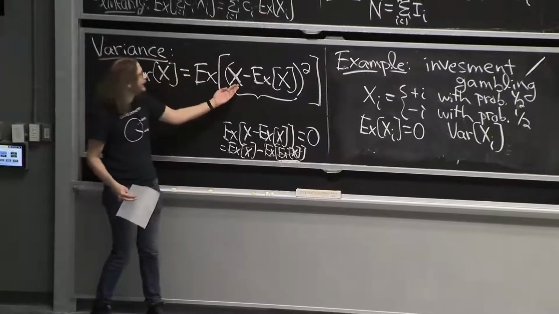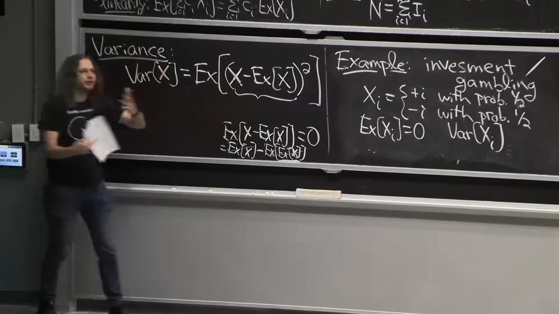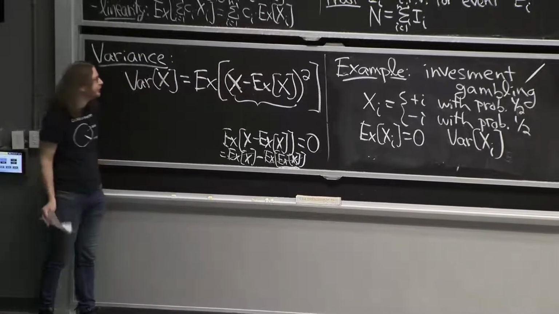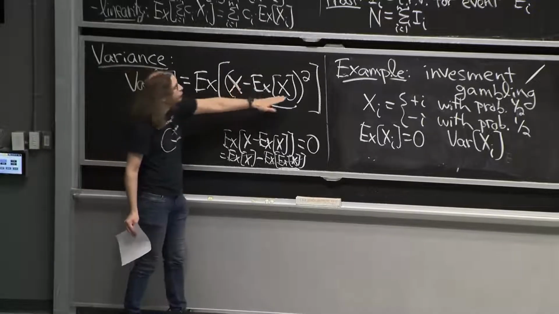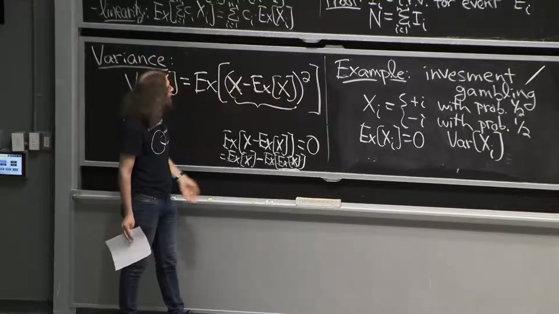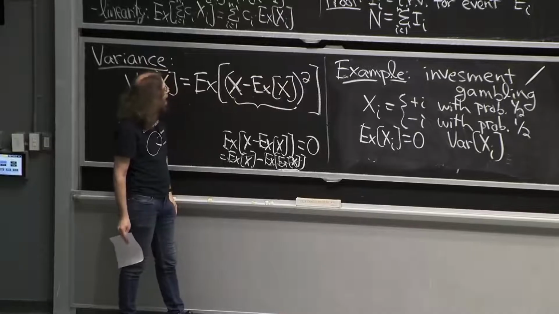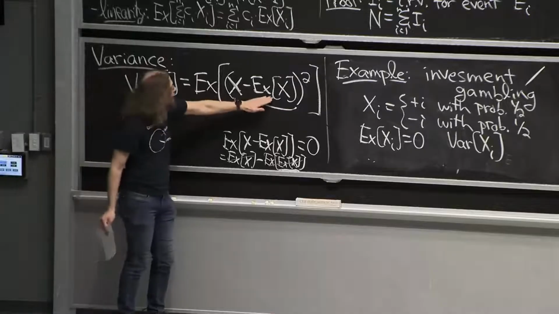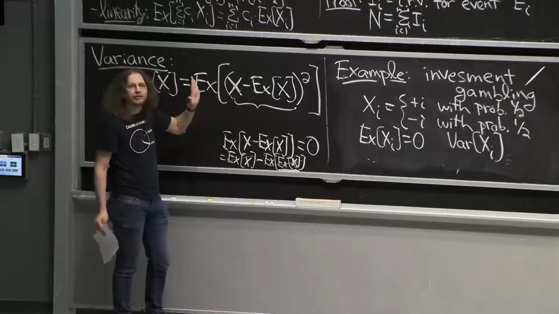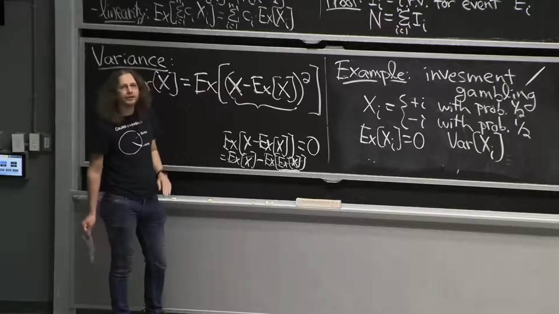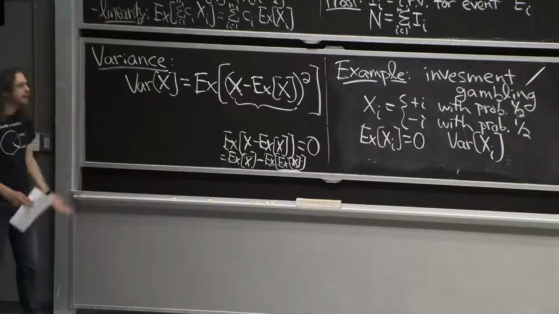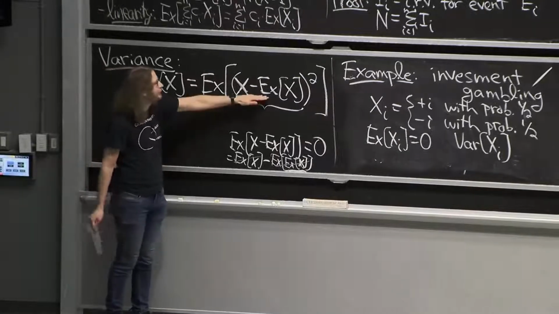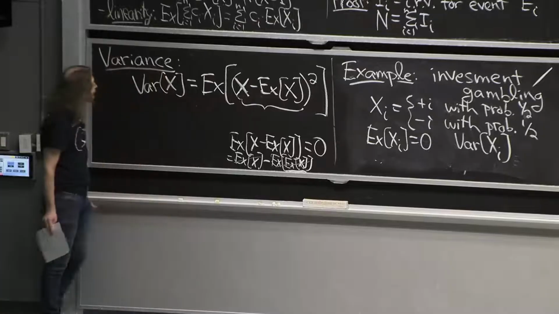Okay, so in other words, I'm taking X, which has some expectation, but then I'm shifting it over, so now its expectation is 0. I'd like to center things on 0 additively. Then I'm going to square it, which is maybe a little weird. We'll talk about why in a second. And then I take the expectation of that. Because while this thing is constant, this thing is not. So if your expectation happens to be 0, this is just the expectation of X squared. Whereas before we were taking the expectation of X, now we're taking the expectation of X squared. And for X squared to be nice, we first shift it so that its mean is 0. OK, that was a lot of words.